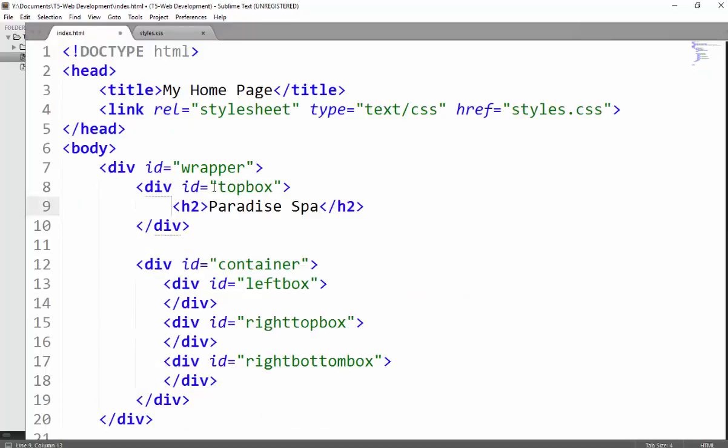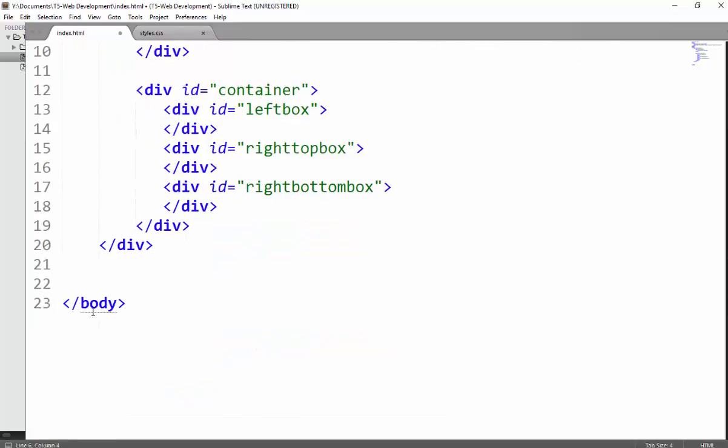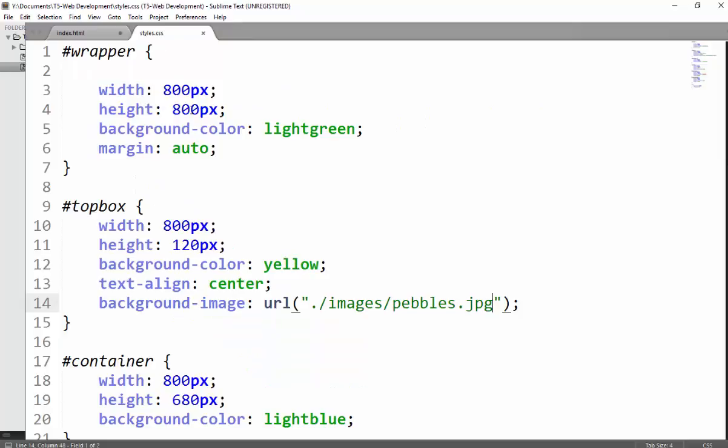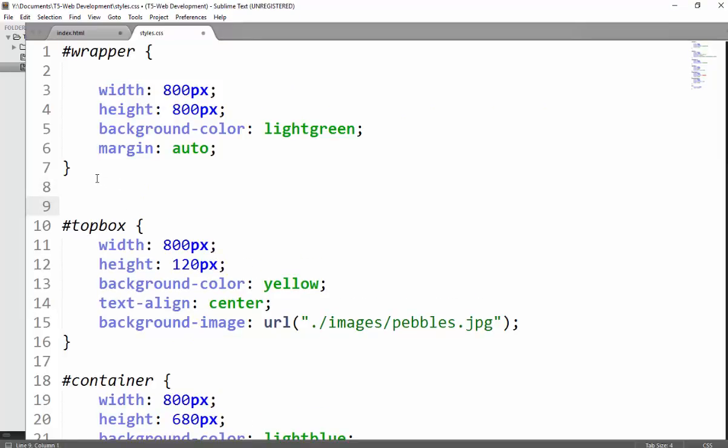Now where is my body? Well, it's here. That's an element. It starts here and ends here, and it's an HTML tag. So since it's a tag, I don't really need a hashtag in front of it to style it. So I can just directly say body,